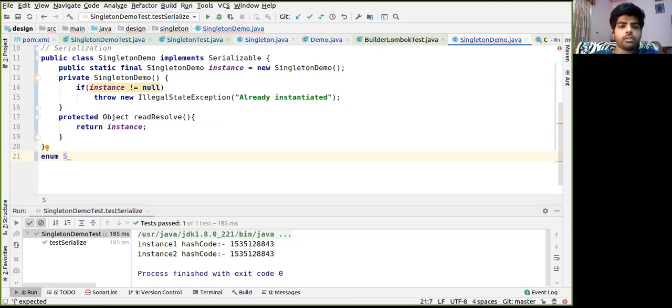The instantiation is reflection safe because reflection cannot modify the default private constructor; it can only modify a constructor that we declared. So if we create a singleton enum, another property is that it implements Serializable by default.